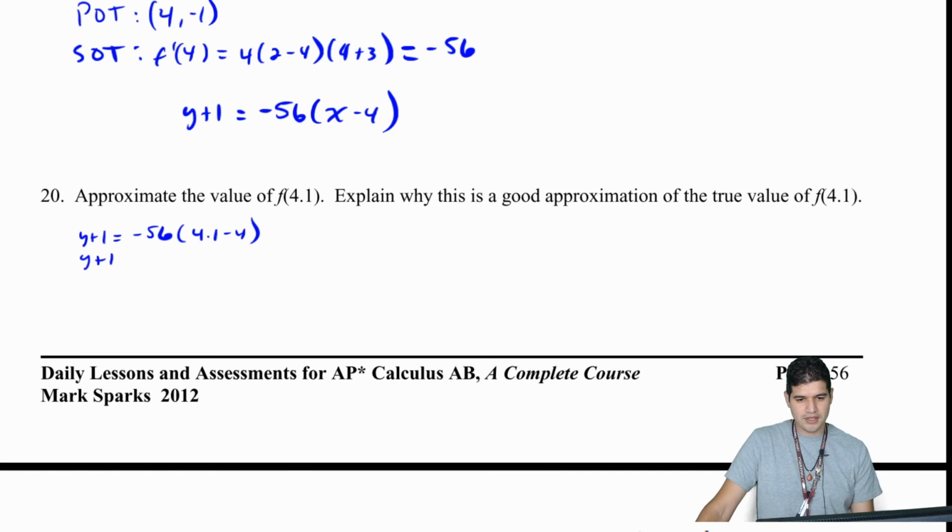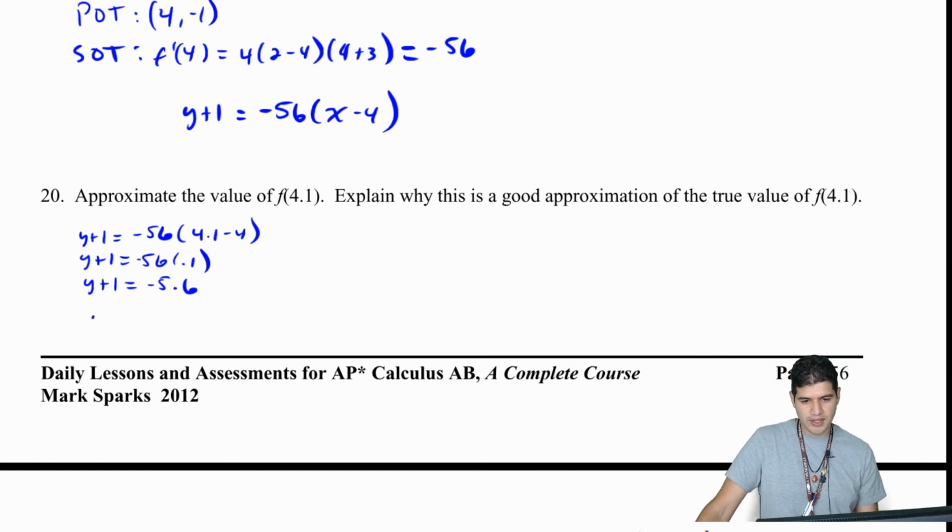So y plus 1 equals -56 times 0.1. And I get y plus 1 equals -5.6. And I subtract 1, so I'm going to get y equals -6.6. So what are we saying here? We're saying f of 4.1 is approximately